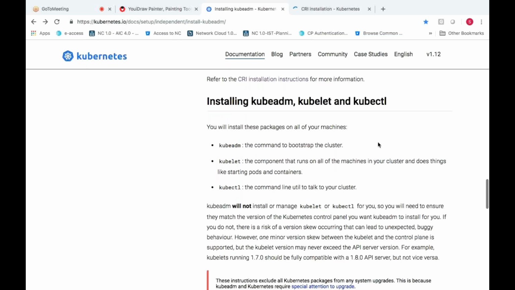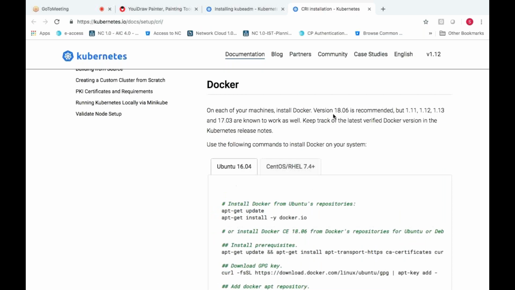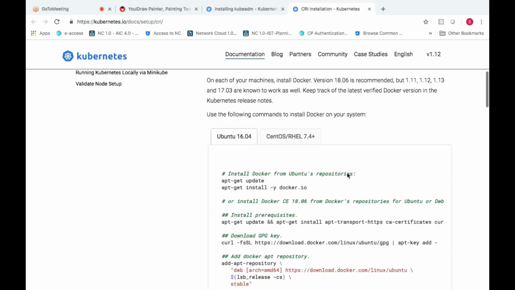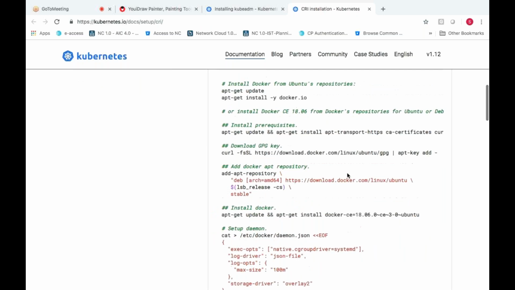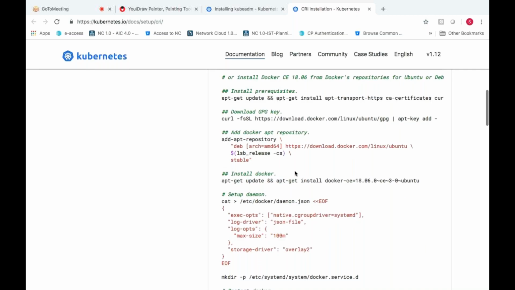They have mentioned it here. Okay. So install Docker from Ubuntu repositories. That is either using this command, which I'm already doing. Okay. So nothing is required. Done.